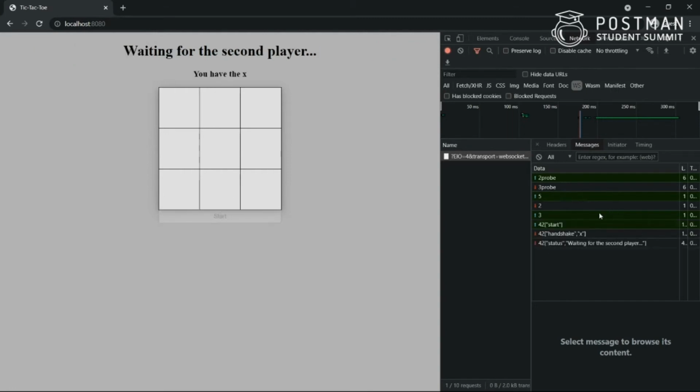Now if I click on start here, after pressing start, you can see that there is data transmission happening, and this is the first event that I'm transmitting, that is the start. There is no data transmitted, but this event has been issued by the client to the server.